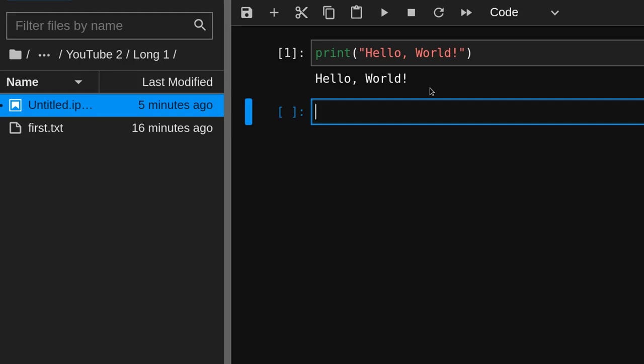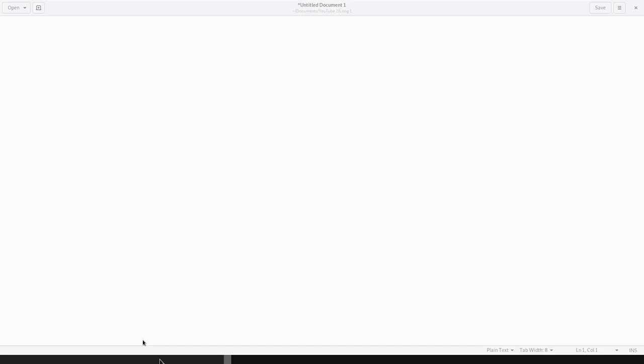Here we are passing the string hello world as an argument to the print function, which will display it on the screen. There's another way to run a program in Python, and it is using a text editor. You can use any text editor to write your Python function. For example, I can use this text editor to write this print